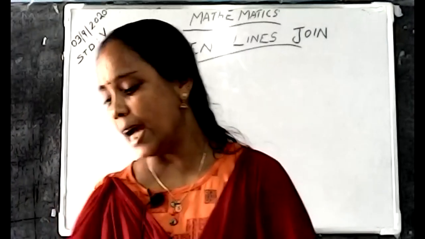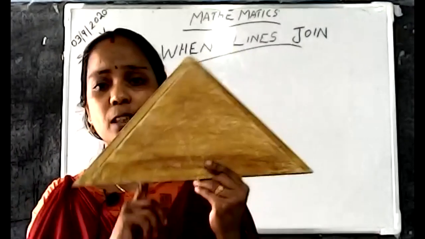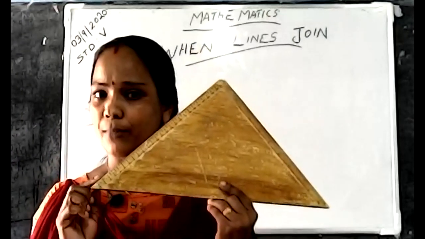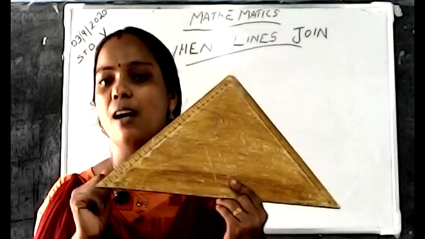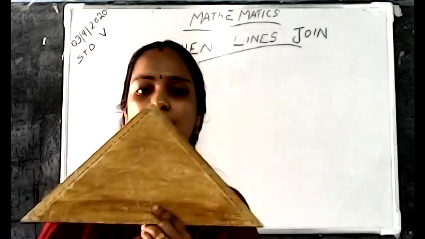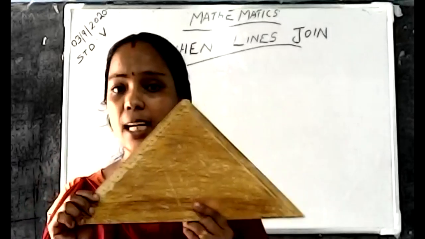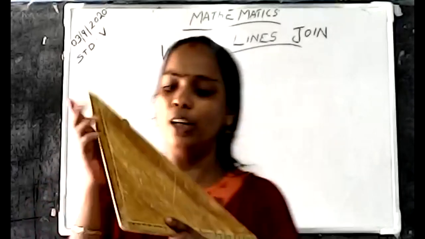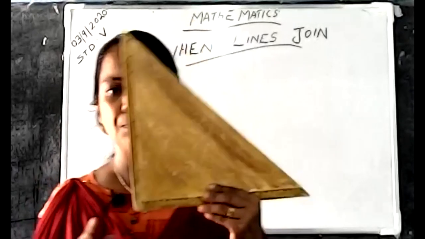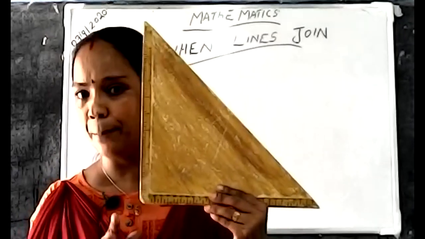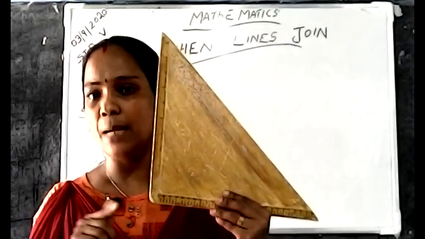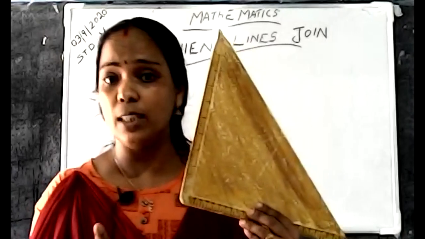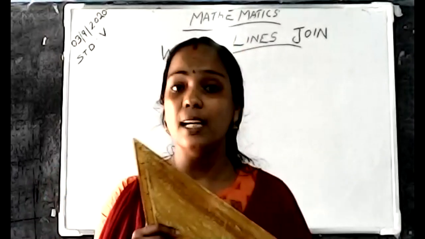Next one, listen, another set square. What is special about this set square? Two sides are equal, same as your set square. The top two angles are equal. What is the measure? This angle and this angle are 45 degree. What is the shape of this corner? L shape. What is the name of that L shape figure? A 90-degree angle is called a right angle.